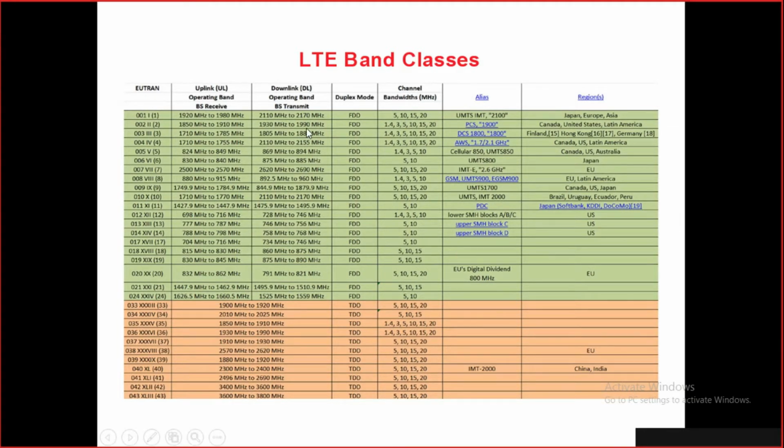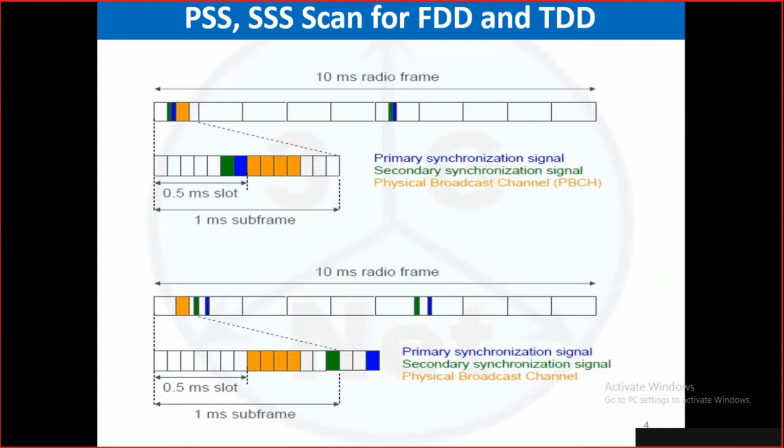So be aware. Also, in the fourth column you see the bandwidth. These are in megahertz, 5 megahertz or 10 megahertz. What megahertz frequencies are recommended? Also, this chart is very old. Now the new chart will be much bigger than this. Just be aware of which are used in which country and so on.